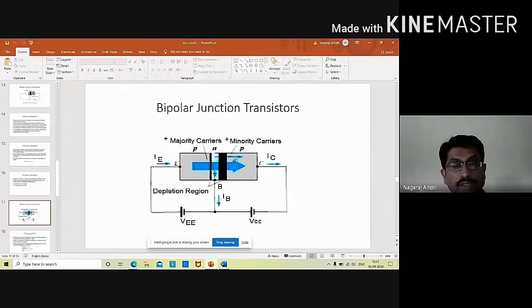When it is reverse biased, the width of the depletion region is increased. The thick depletion region you are seeing is due to the reverse bias condition of the base to collector junction. And the thin arrow mark is due to the minority carrier current that is flowing across the junction due to the reverse bias condition of the base to collector. When base to collector is reverse biased, minority current or leakage current flows across the junction, in terms of microampere or nanoampere.